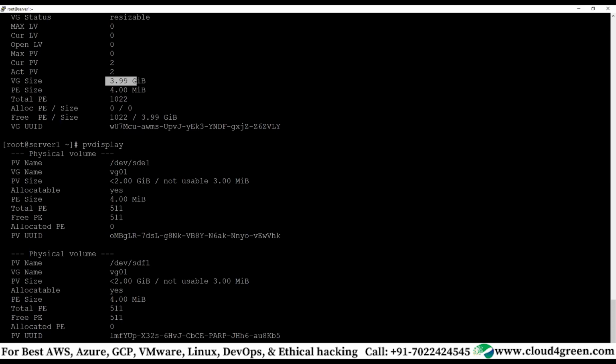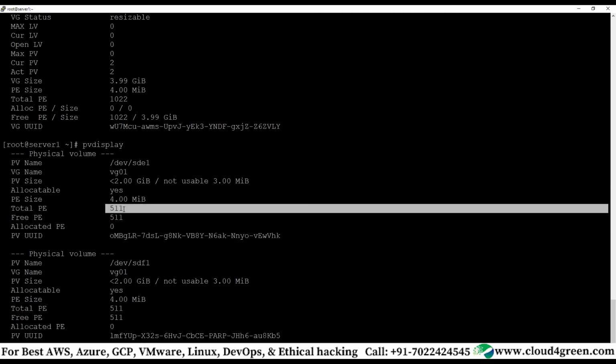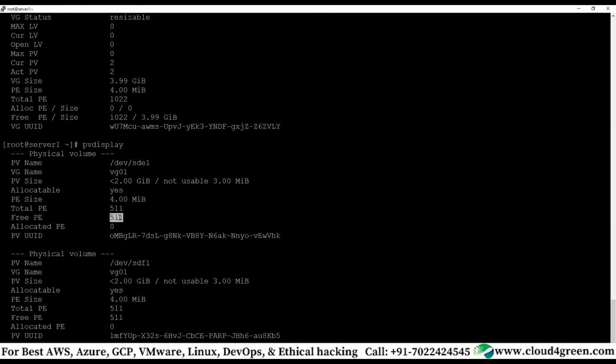That means when you multiply the total physical extents with the extent size, the size of one physical extent, you get the total size, that is 4096, which is 4 GB. Here, 4 MB is the physical extent size. Your total physical extent is 512. Free is 511.